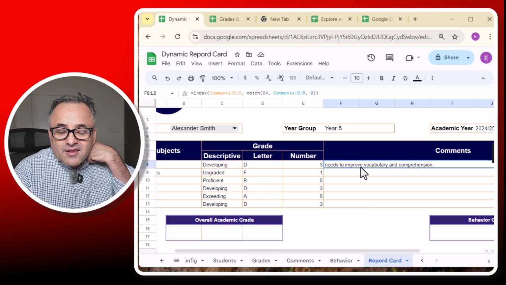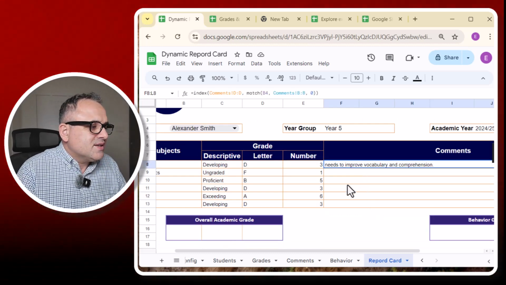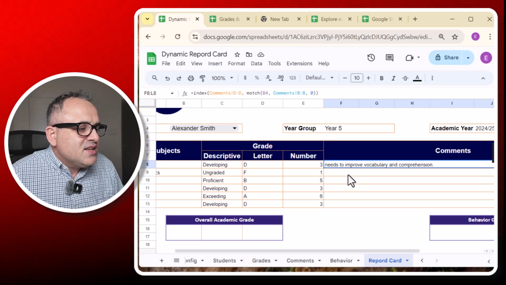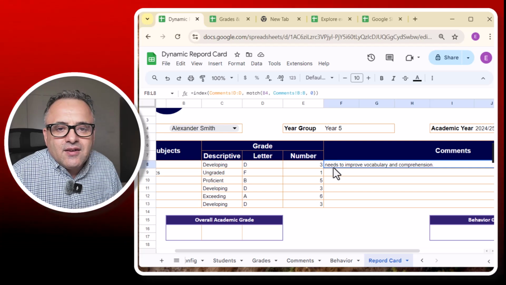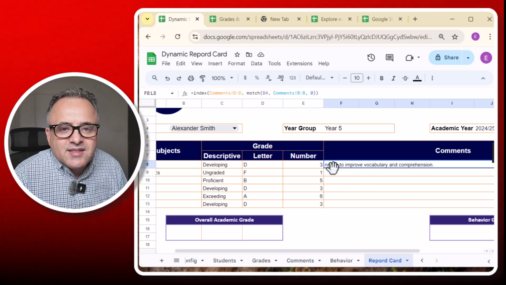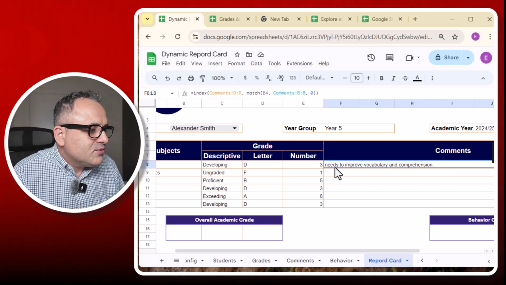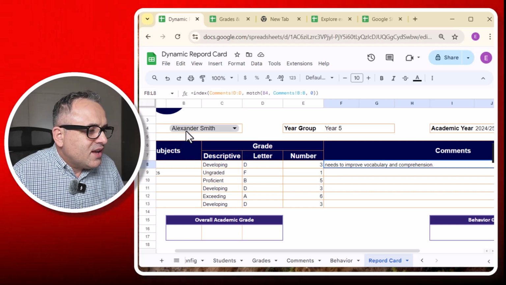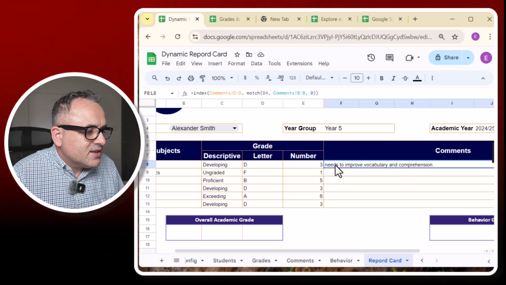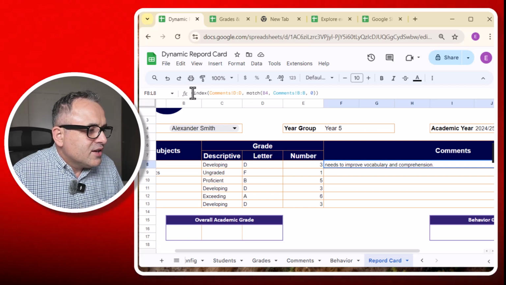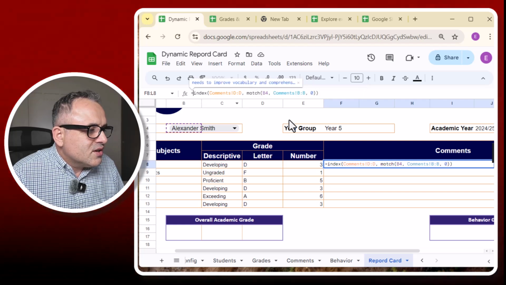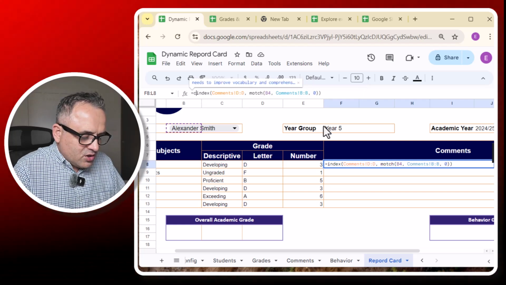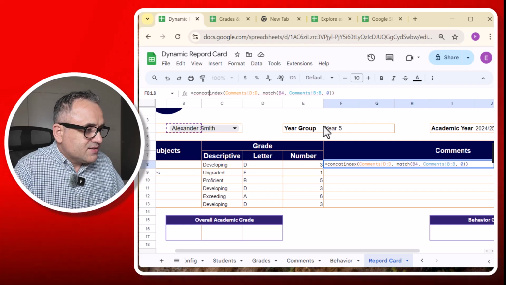But before doing that, I want to also make it something like this. Instead of just "needs to improve vocabulary and comprehension," I want to add here the name of the student. "Alex needs to improve." So how can I do that? I want to take this one here and combine together. So in order to do that, this is a formula already, right? I'm going to use a formula here, concatenate,